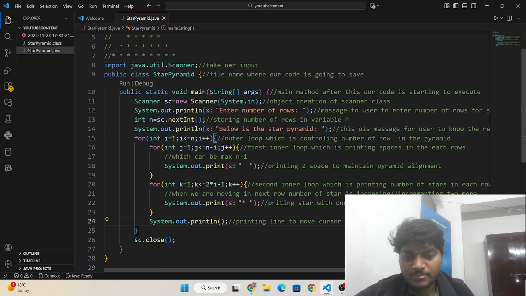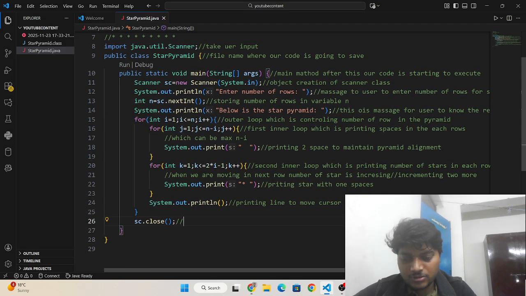And this is closing the Scanner class object to avoid resource leaks and free the memory.